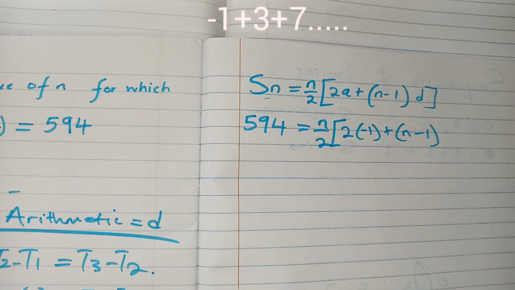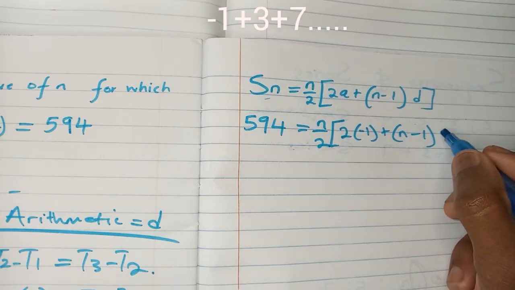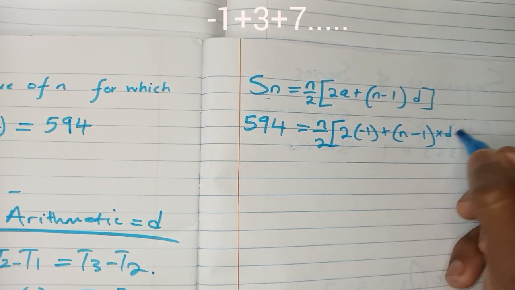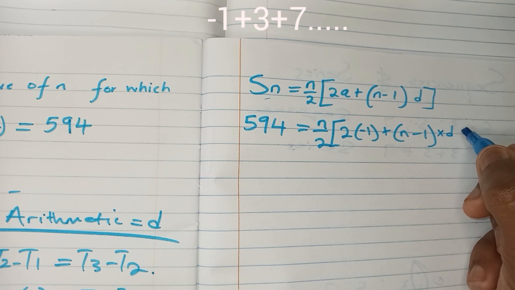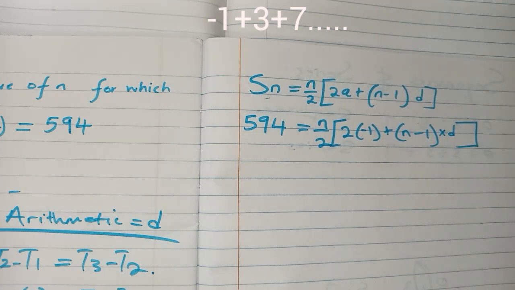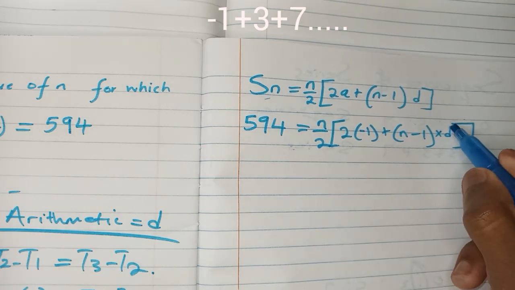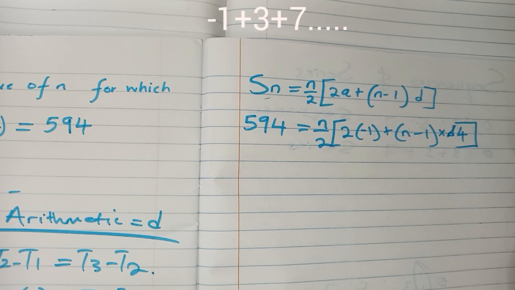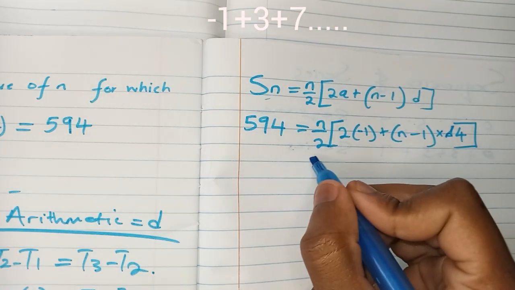I will just take my time and show you. But recently I have started to do something like this. I put a multiplication sign here so that it doesn't mess up my whole answer. But obviously we know the difference, so it is not going to be d anymore. It is going to be 4 because we found 4, right? So let us try to simplify this and see if we can